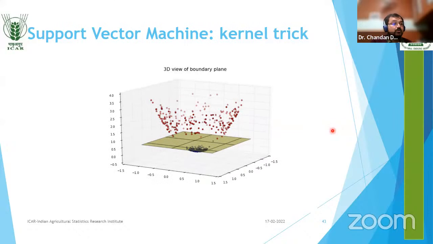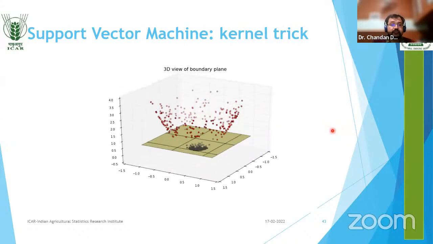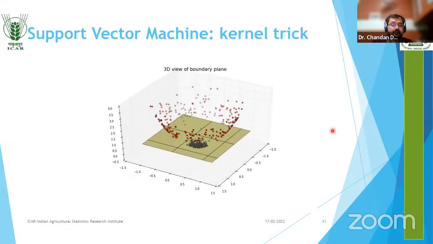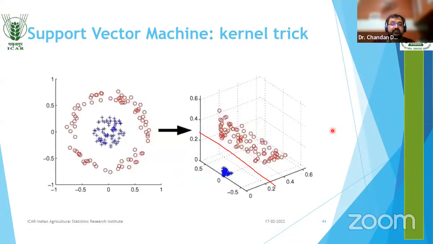So basically, what we are trying to do is increase the dimension of our data to actually see the segregations of our data. So here was the data. What was that kernel trick? Kernel trick is converting this two-dimensional data, or seeing this two-dimensional data in the three-dimensional space, so that we can